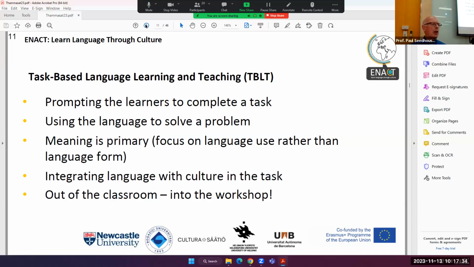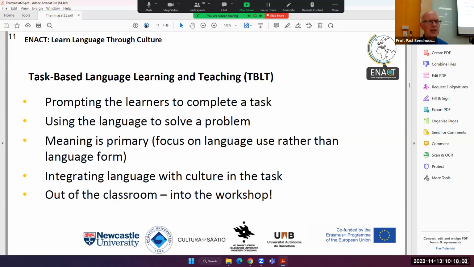Now, I used to use task-based learning and teaching when I was a teacher, and it was fine. Basically, we were just using paper and talking in the classroom. We weren't actually making anything real. You didn't have an end product. Whereas using this app, everybody makes something. It can be singing and simple. But you've actually got an end product. And so you're integrating language.